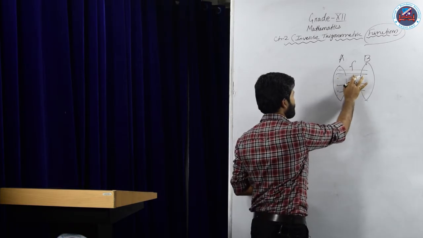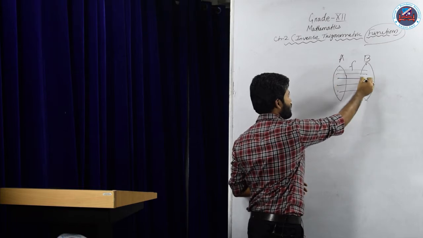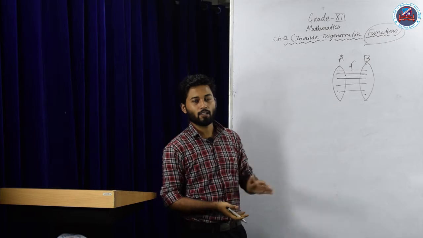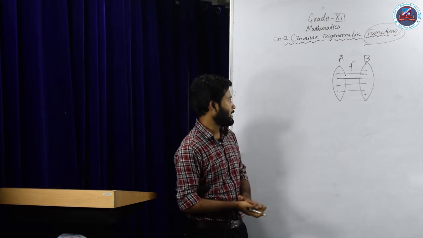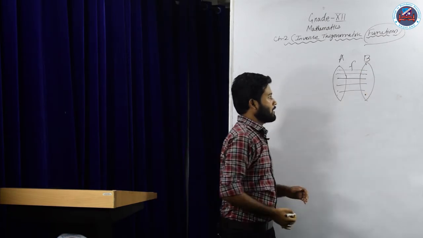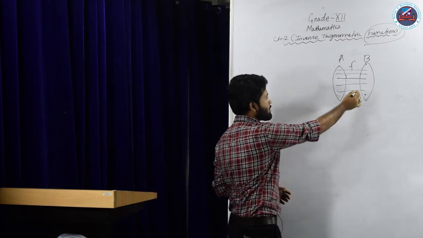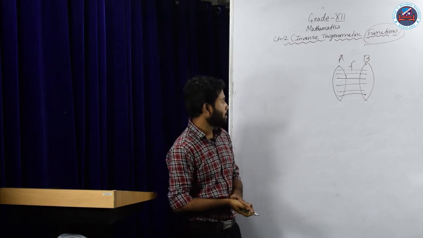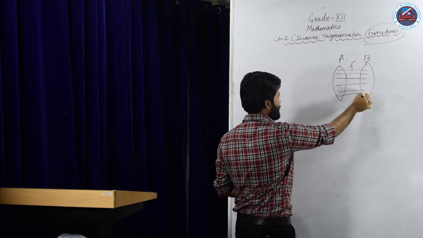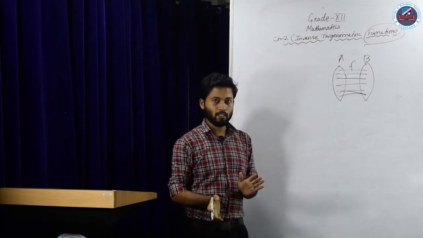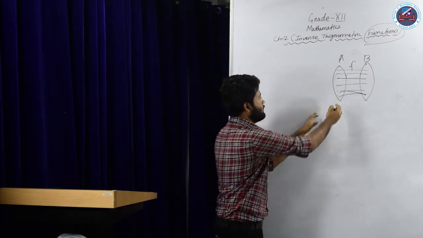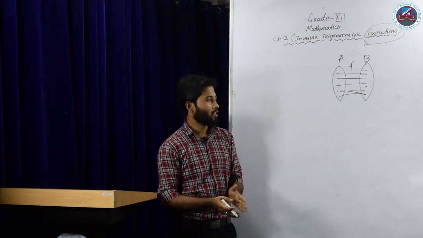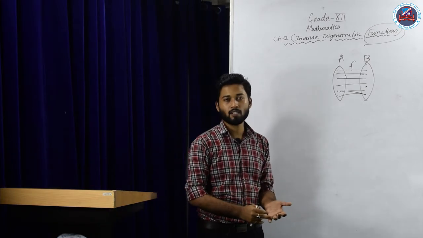That means here all the elements of the set A must be associated to only one element of the set B. So there can be one element remaining in the case of domain, in the codomain, so that's fine. And what is onto? So in onto, all the elements of the codomain must be connected to at least one element of the domain. So if this element is connected to more than one element, it's fine. Okay. But there cannot be any element remaining behind that is not connected to the domain. So that is all about function, one-one function and onto function.